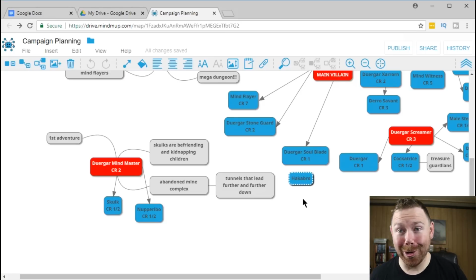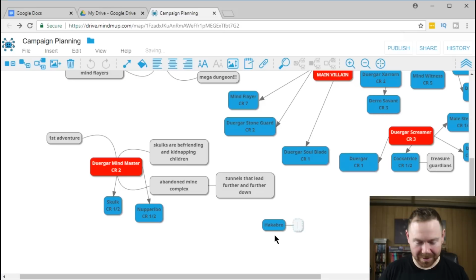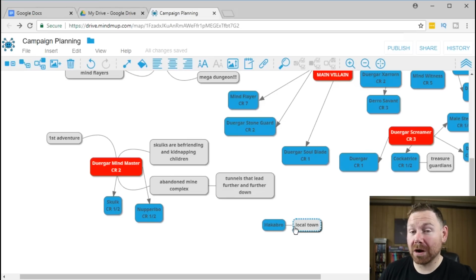Hackabro. I don't know, I just picked something out. Oops, crap. There we go. Hackabro is a local town. And here we go. So we have Hackabro as our local town, and this is where the heroes are going to originally end up,